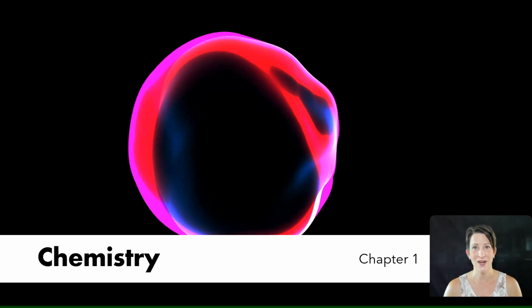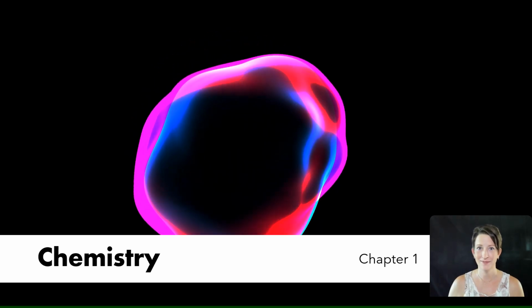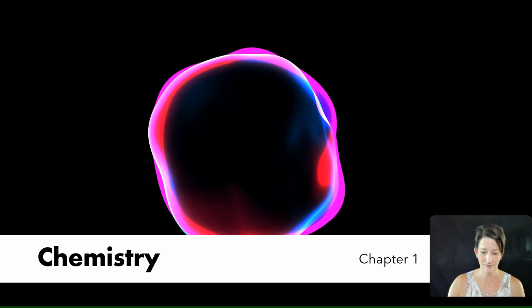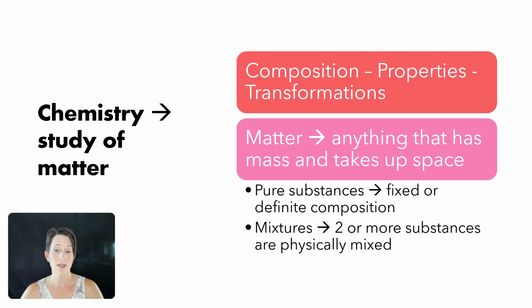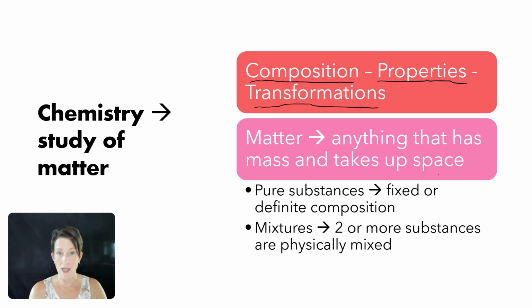Chemistry. What is it? Let's find out. Chemistry is the study of matter. It is the study of the composition, so what makes up matter, properties, how that matter interacts with each other and with other forms of matter, and transformations, that is the change that matter undergoes. Whether it's physical, so change in size, color, those properties, or change in compounds themselves through chemical